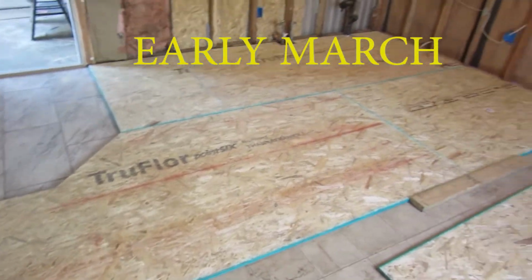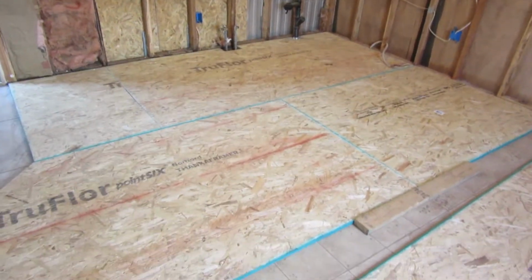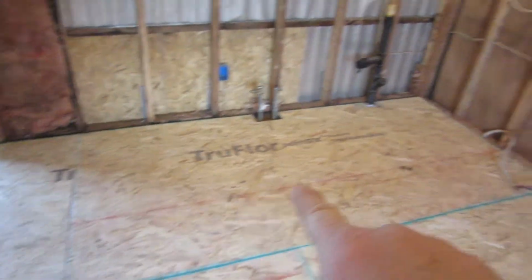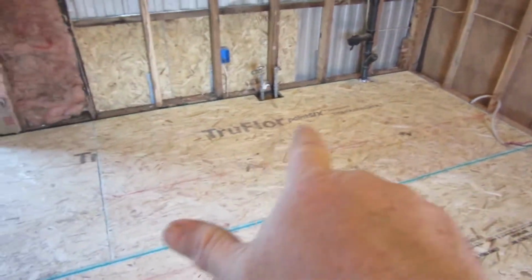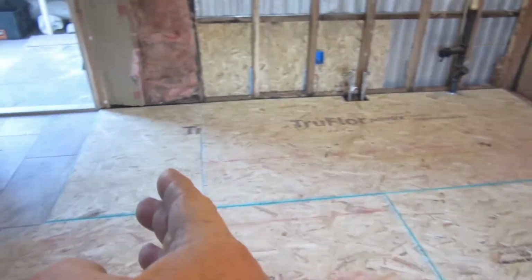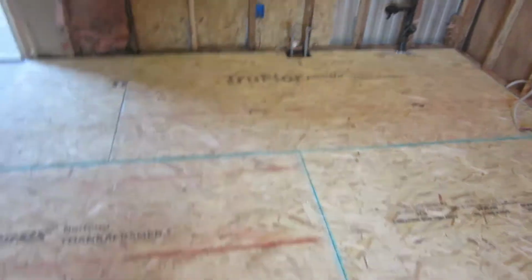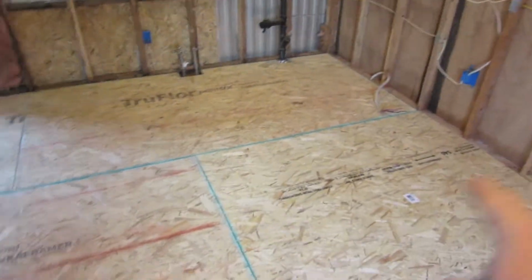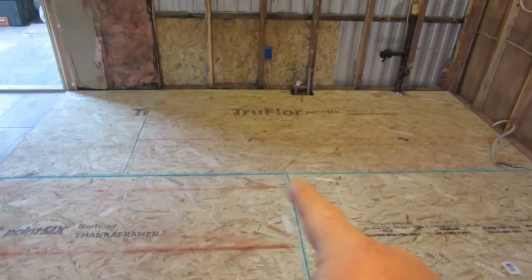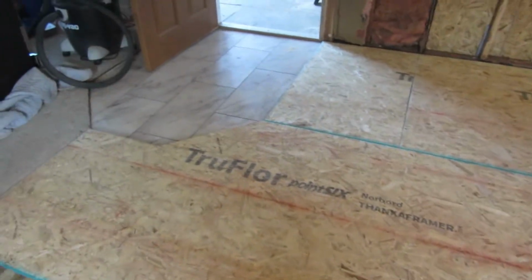Well, we've gotten a little bit further on the flooring. I don't know if we had the second piece in or not, but I'm going to tell you, I almost made a rookie mistake here. We put this piece from here over right there, and then we just put another piece over here next to the wall and made sure it lined up and everything like that. But actually, after I thought for a minute, I realized even after we screwed this one down over here, I need to do half and half. You got to do it kind of like subway tile when you do the flooring. So anyhow,